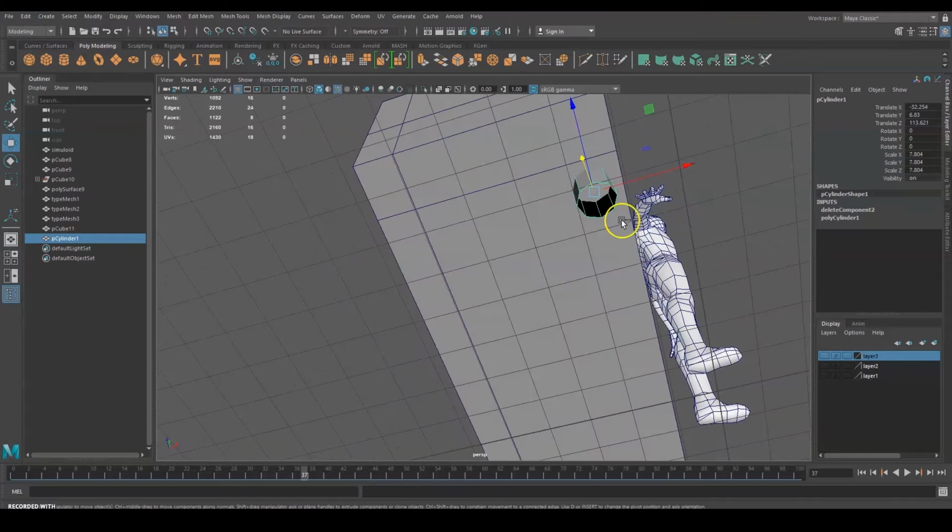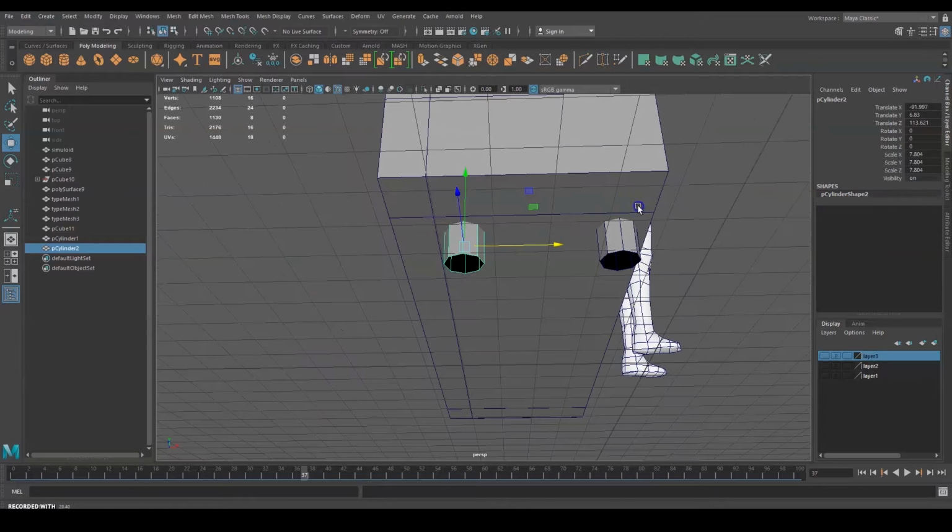So literally I don't need to have such a high poly stand to put it there. Okay, so just make use of what I can find. Right, so